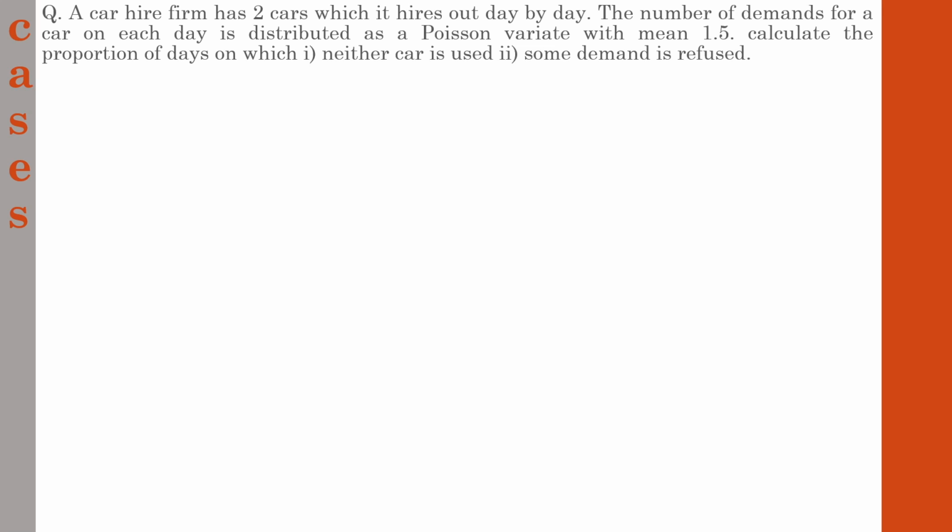Neither car is used. No car is used. That is the meaning. So the value of x will be 0. We all know how to find the Poisson distribution if the value of x is 0, and we already know the value of m. So we have dealt with the first one. Second part: some demand is refused. The meaning of the sentence is